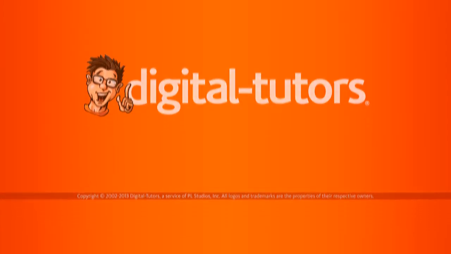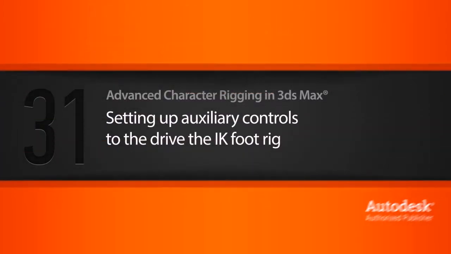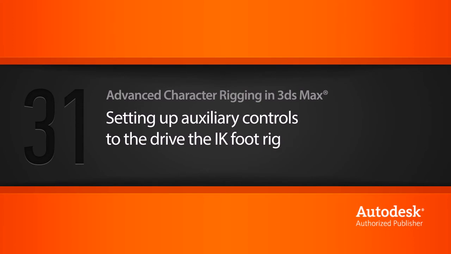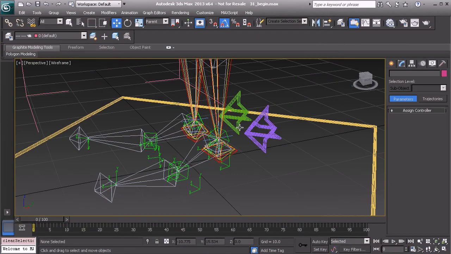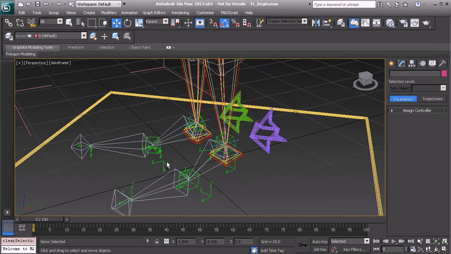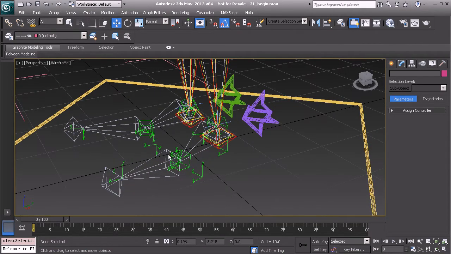In this lesson, we'll set up auxiliary controls in the form of custom parameters we'll use to drive our foot rig with. Now let's go ahead and talk about this. Why would we create a set of parameters instead of just going in and creating extra controls to drive our foot rig? Well, with custom parameters, we can manage our animation a little bit easier this way,